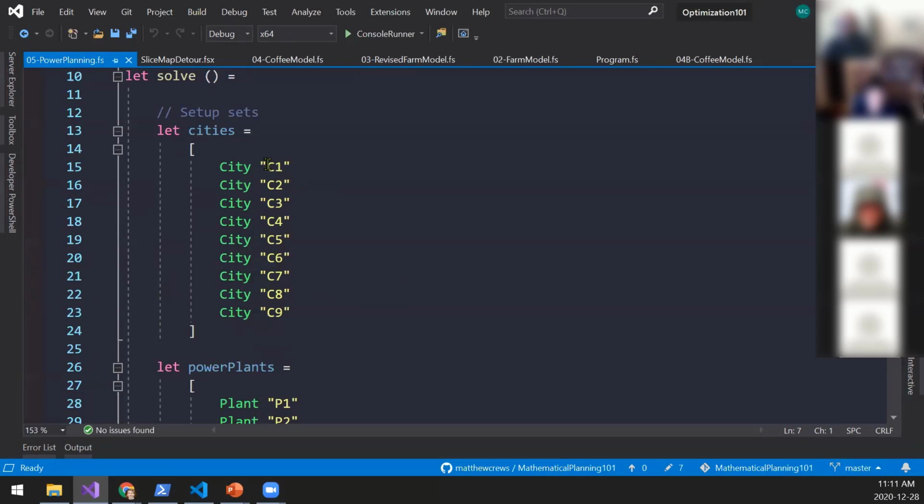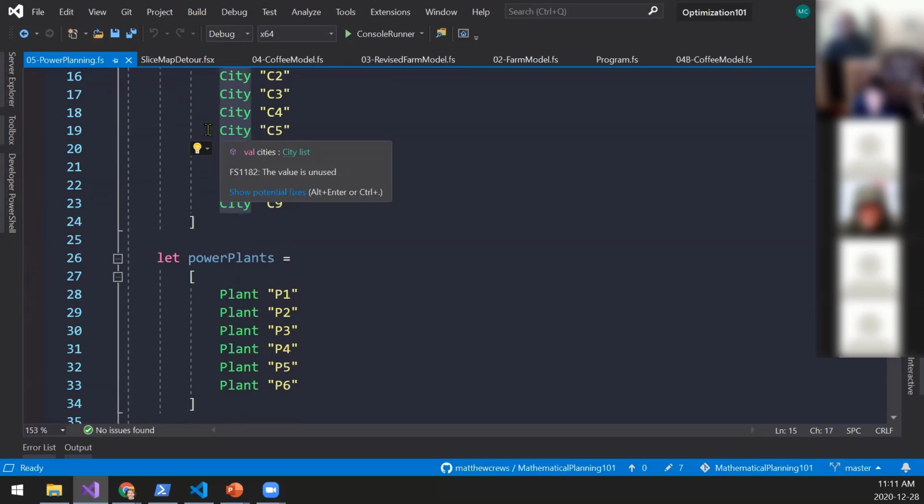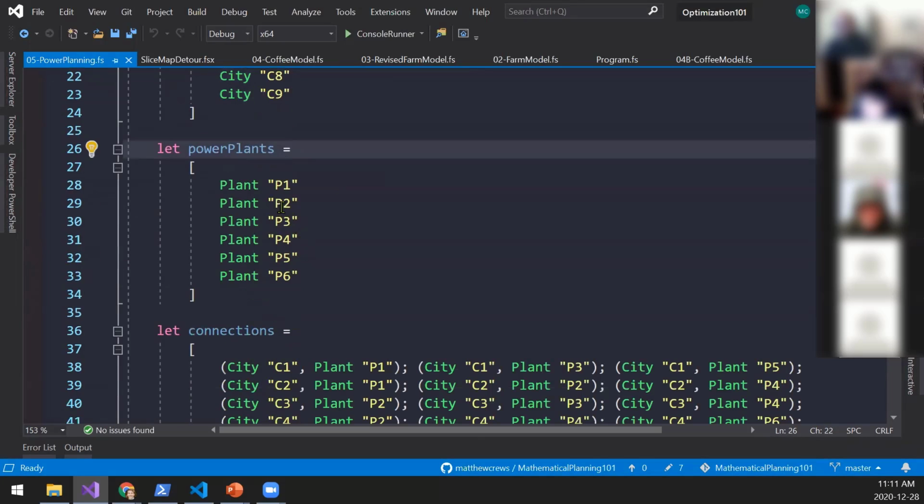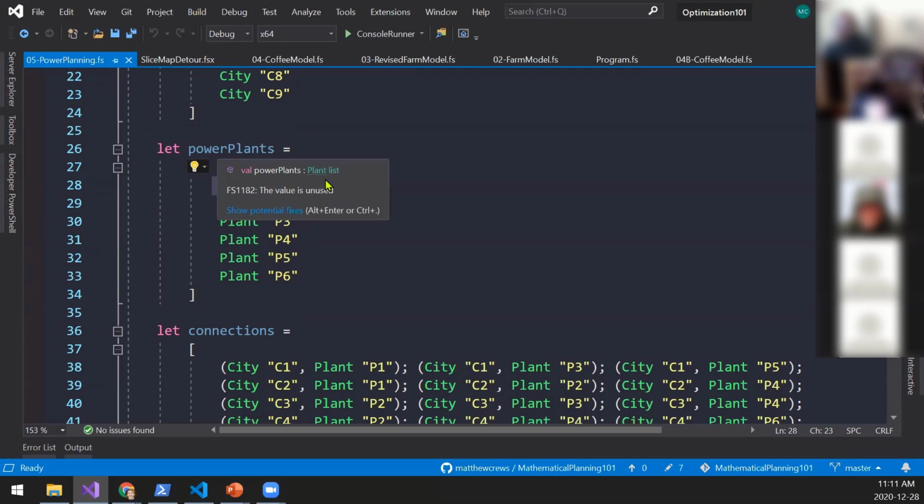So this isn't just a C1, this isn't just city one. I'm wrapping it in a type, so now it knows this isn't just a string, it's a particular type. Same with power plants. I have the string, which is the value, but then I'm wrapping it in that discriminated union case to say, hey, this isn't a list of strings, it's a list of plants.